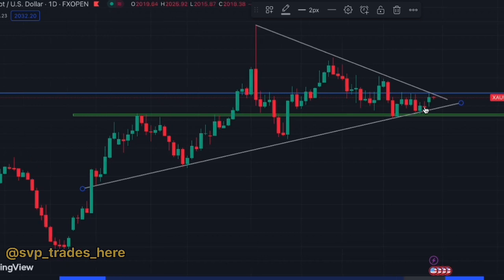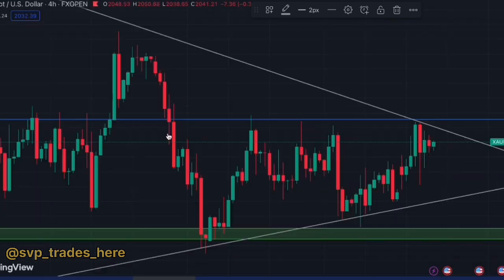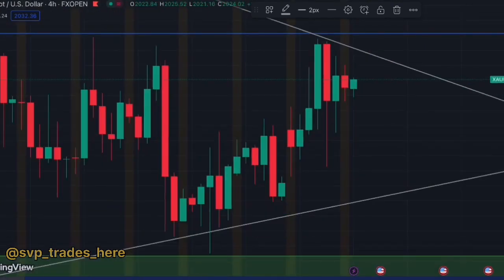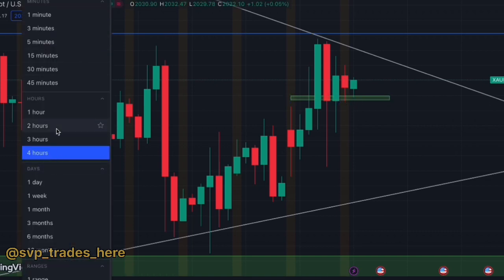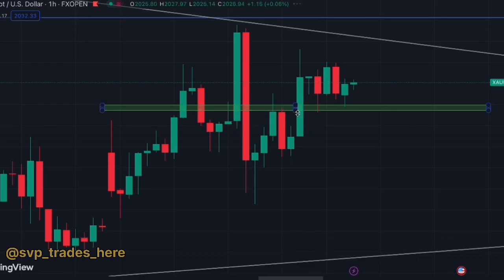And since few weeks there is no big movement in the market, for that we go with H4 so that we can do our day trading and scalping too. So in the H4 candle, this is a support zone, and now the price is at 2032, and our support zone is at 2029.8, meaning around 2030. So when we open the H1 candle, here we can see this is a support zone,